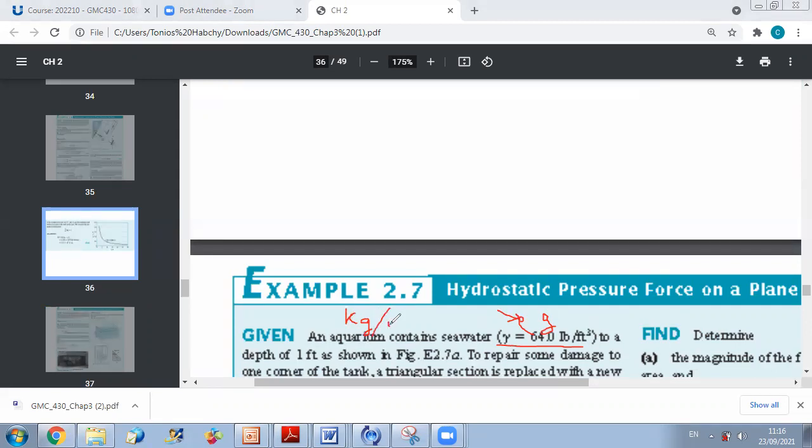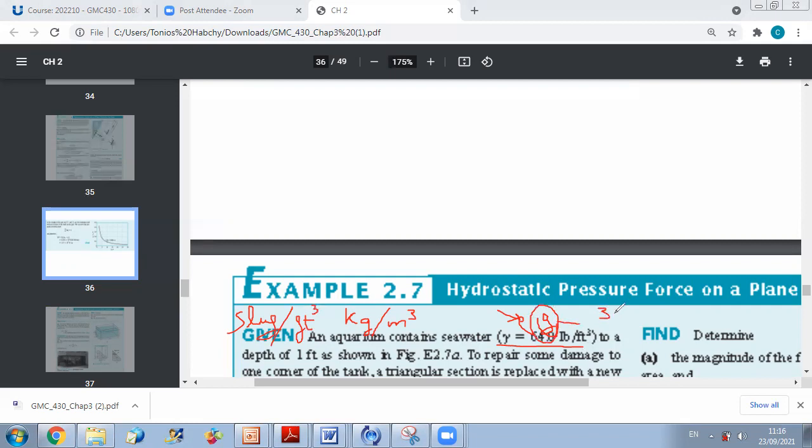In a problem where you are supposed to work in English units, they will give you rho in slug. The equivalent of kilogram in English units is slug. So slug per feet cube. If they give me rho in slug per feet cube, how do I get gamma? To get gamma, I should multiply by g, and g in the English system is